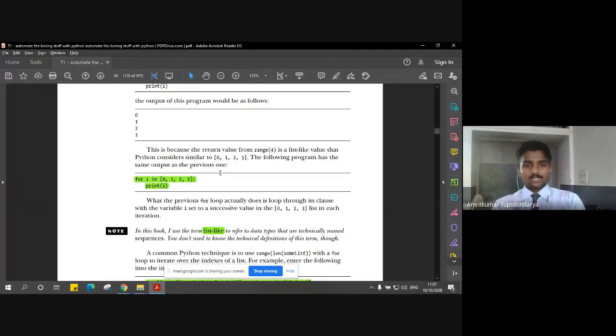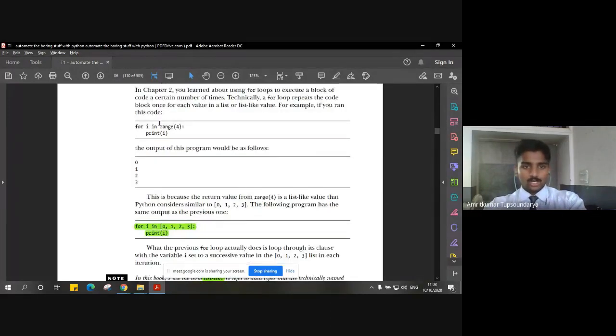The list itself is declared there: for i in the list. The list here is from 0 to 3, so it is as good as range 4. So range 4 and this list of 0, 1, 2, 3 are one and the same. When you execute this for loop, you'll get the same output as the previous one.